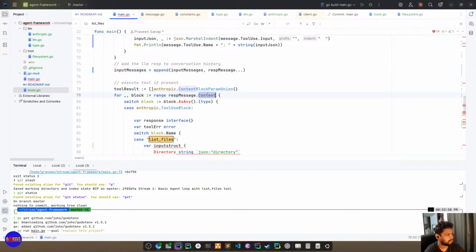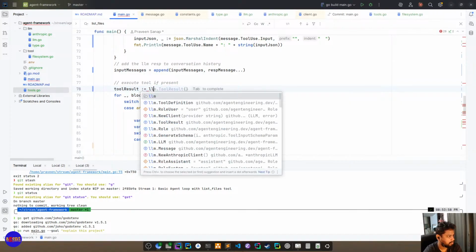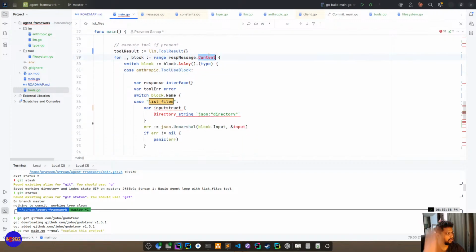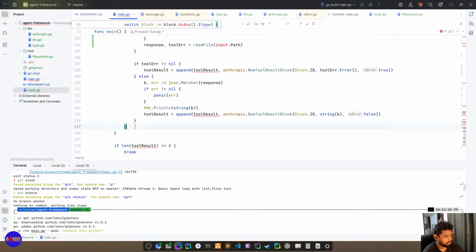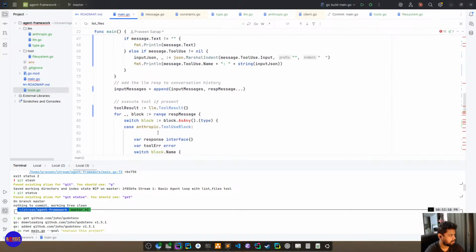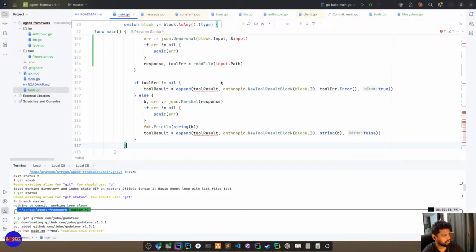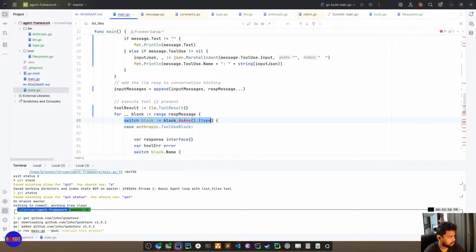Add back all the messages here. Right. Execute tool at present. Right now we need tool result, which is LLM. Right. Do the same thing, which is switch this.